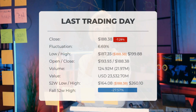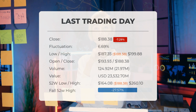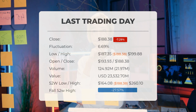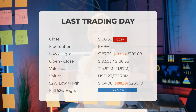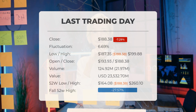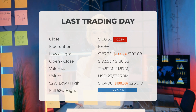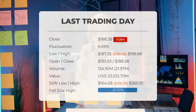Our latest daily update for Apple includes the headline, "A very red day for Apple stock price after a decline of 7.29% during the Friday trading session." The Apple stock price dropped by 7.29% on the last day, Friday, the 4th of April 2025, falling from $203.19 to $188.38. During the last trading day, the stock experienced fluctuations of 6.69%, reaching a low of $187.35 and a high of